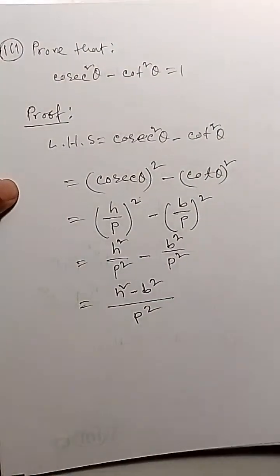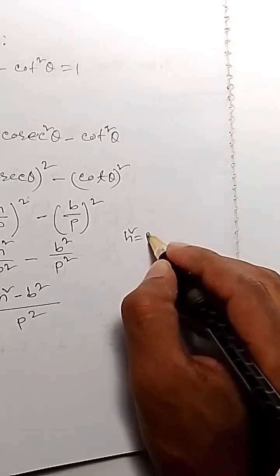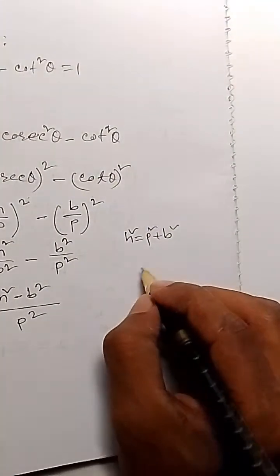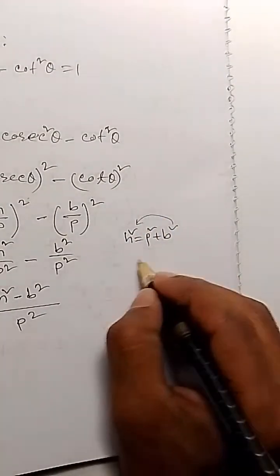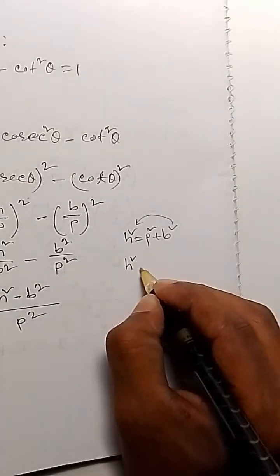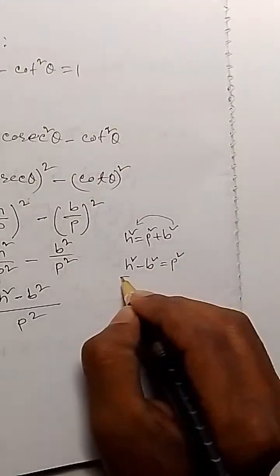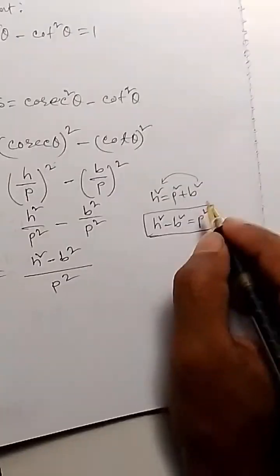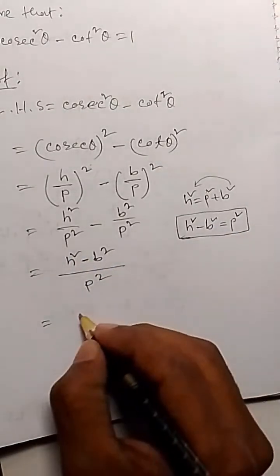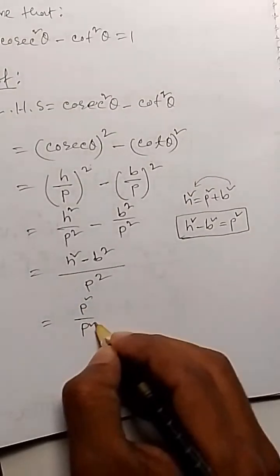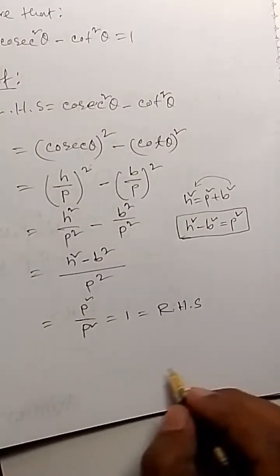And again we know that h square is equal to p square plus b square. So you can take this b square on the left side, so you get h square minus b square, and then on the right side what is left is p square. So here h square minus b square is equal to p square, so p square by p square, which is 1, and that is the right hand side. Okay,